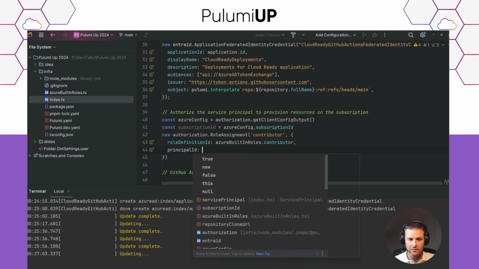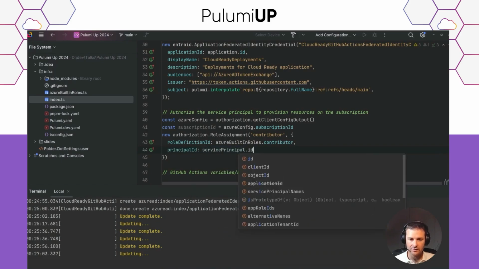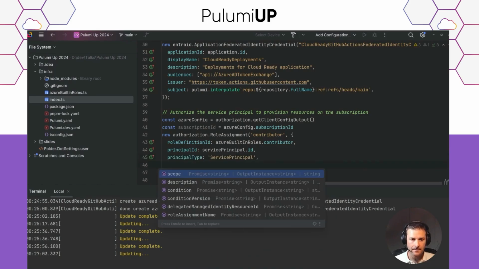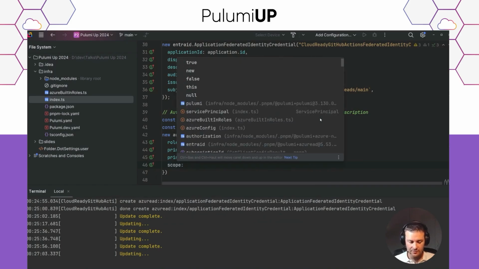Then we have to give it the principal ID. So service principal.id. The principal type will be service principal. The scope will be our subscription.